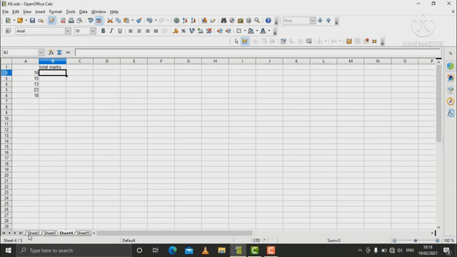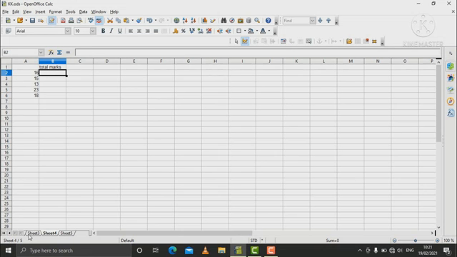The next tool we use for conditional based calculation is subtotal. Subtotal means we have a range of cells containing numerical values, and on these numerical values we have to perform some calculation.